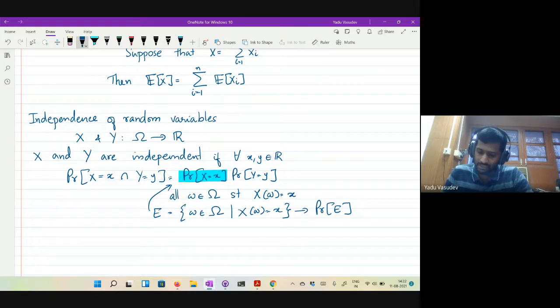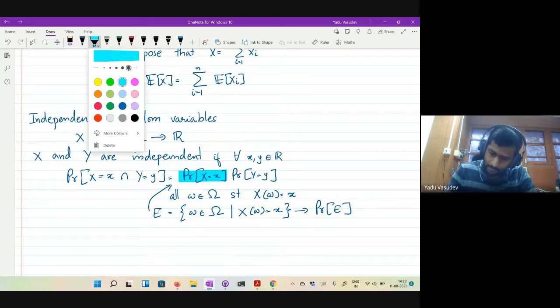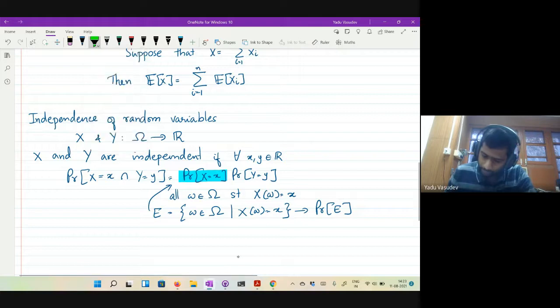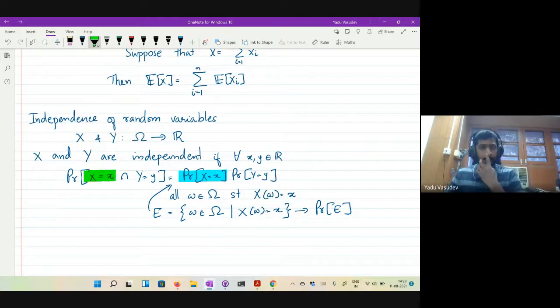So what this says is, if I tell you the value of X, does the probability that Y is equal to a particular value vary with the knowledge that the random variable capital X has taken the value small x? This is what independence is.